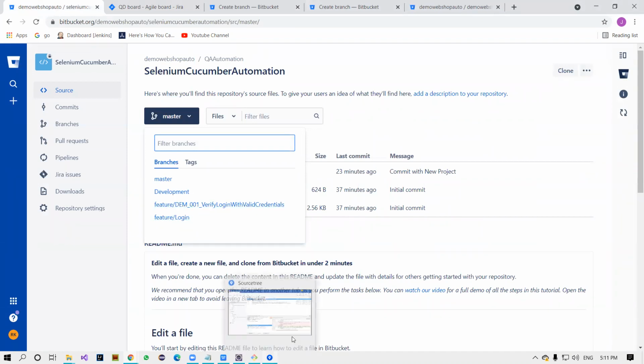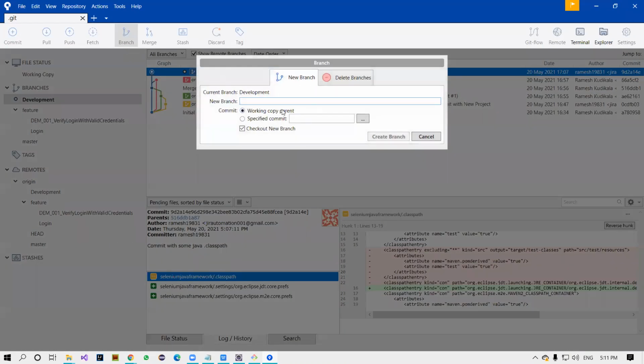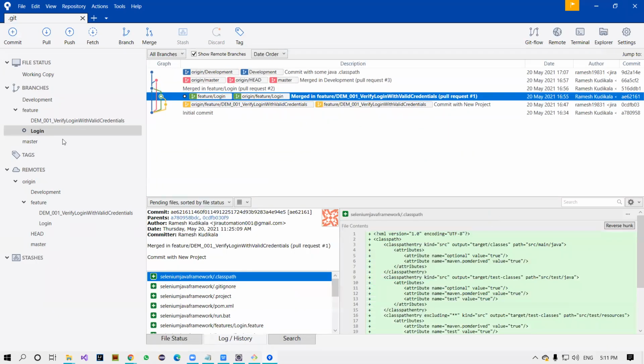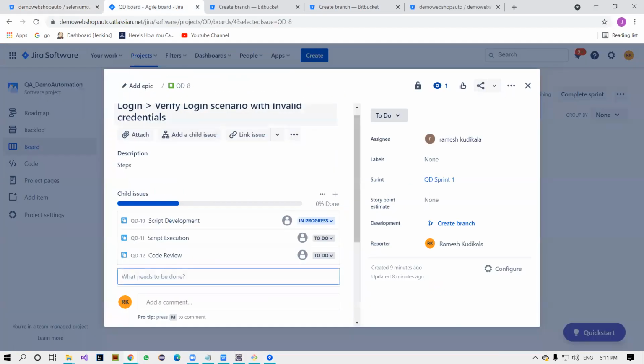So what I'll do, I can create the branch from here, or else I can create a branch from the source tree. We'll see that. First, let me create a branch here. New branch, current branch and the development branch. And here, or else you can create a branch under the login branch. We'll see that. Feature login branch. And here, what is the ticket name? We have to remember that. Okay, this is the ticket name, right? Copy this ticket name,